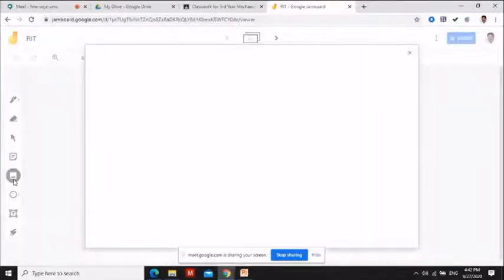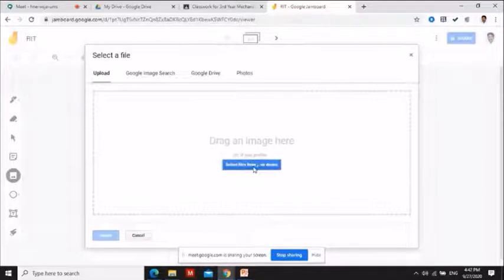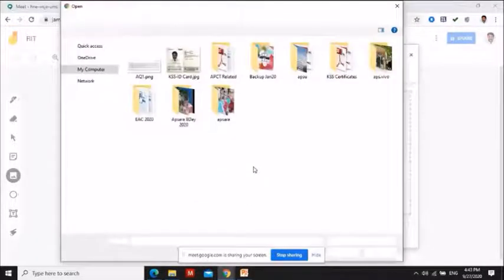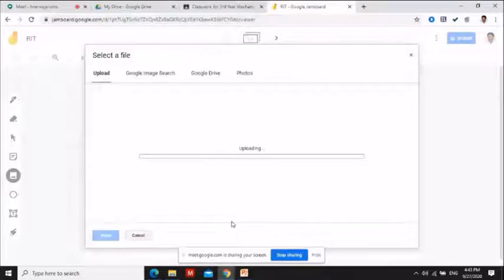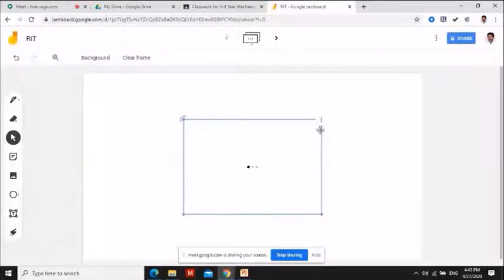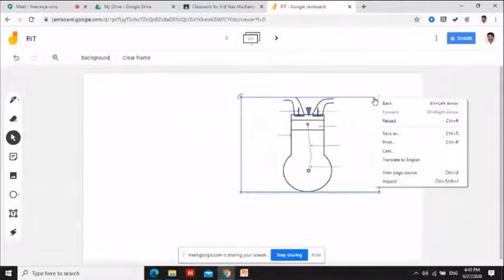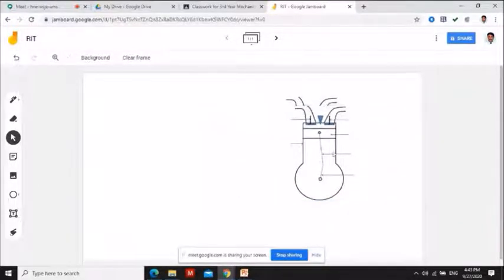I am going to give the students an image-based assignment. The student has to label the parts of an engine.